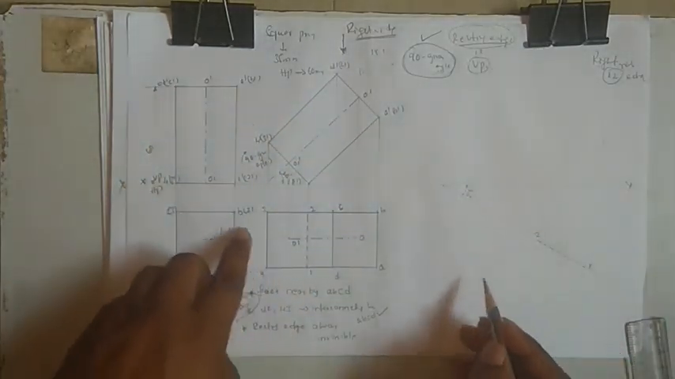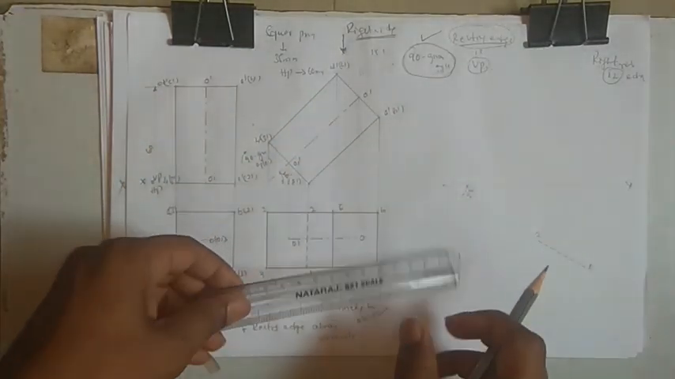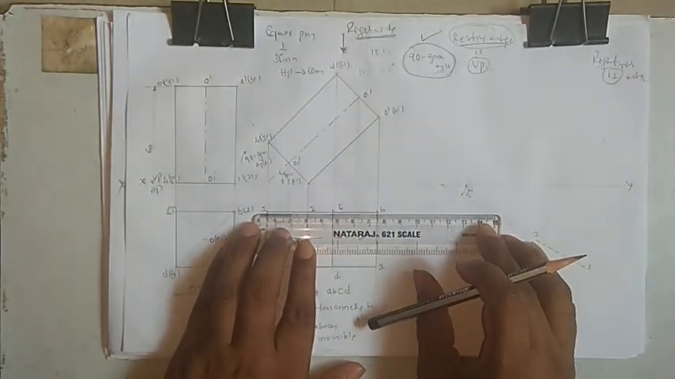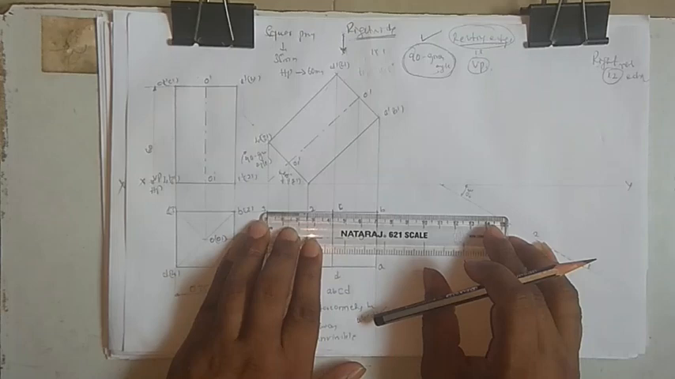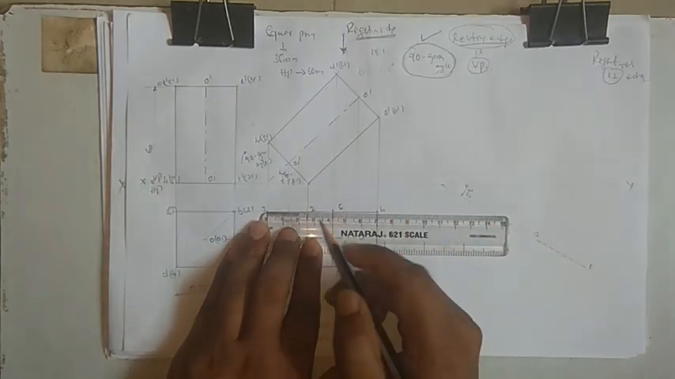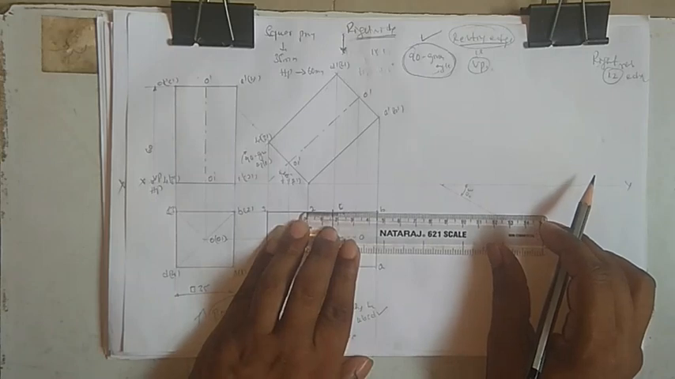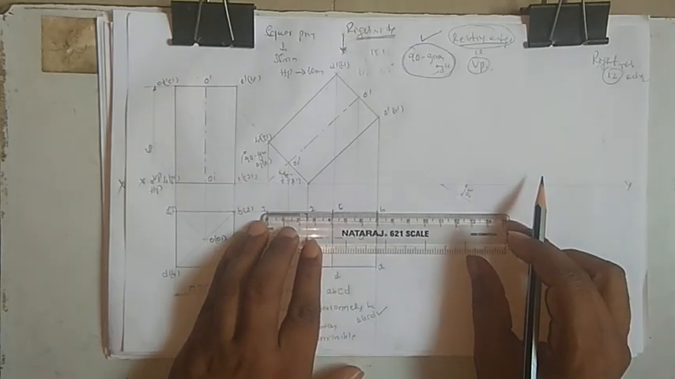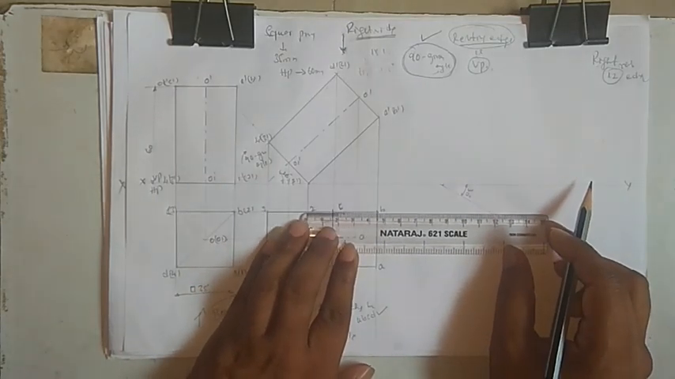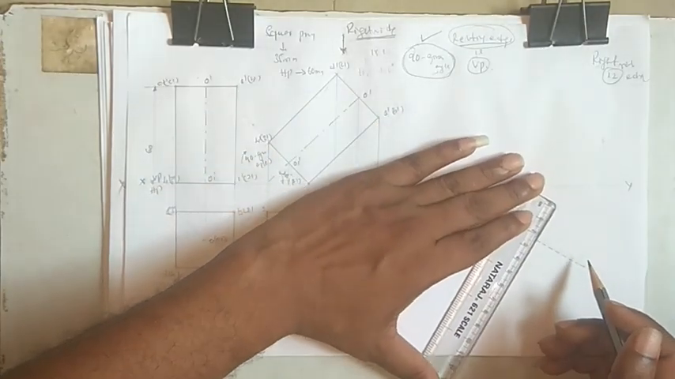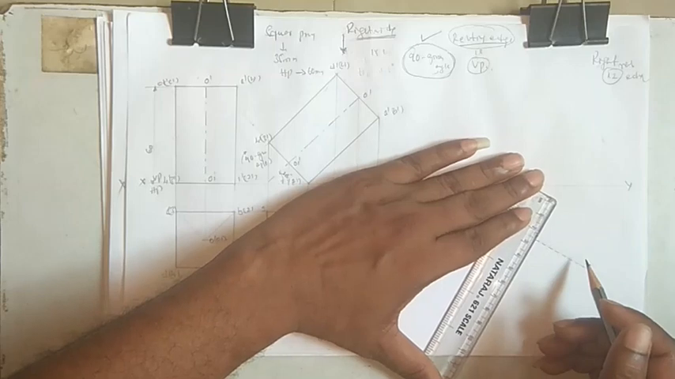So 1, 2 will come here, 3, 4 will come here. So we'll just measure what is the 2 to 3. It's 25 mm. Okay, so from here to here it's 45, means from 2 to 3 is 25, from 2 to B it's 45. So what you can do here is, 45 should come down, 25 should be